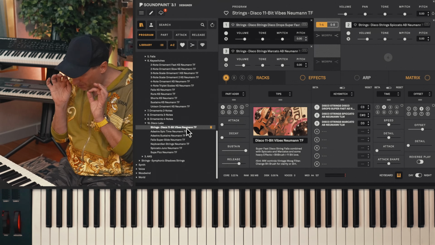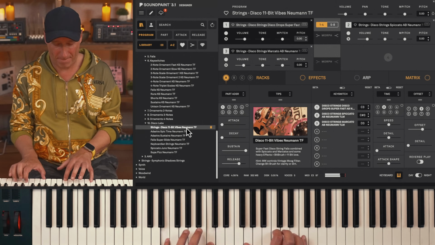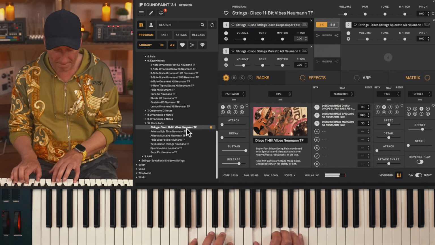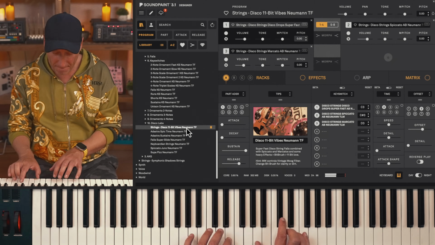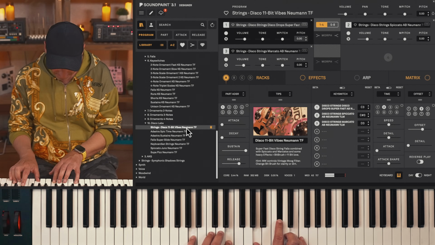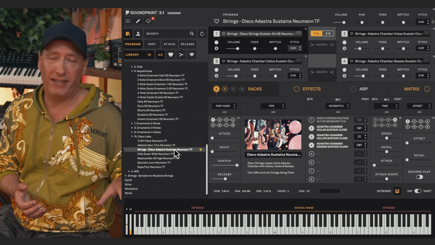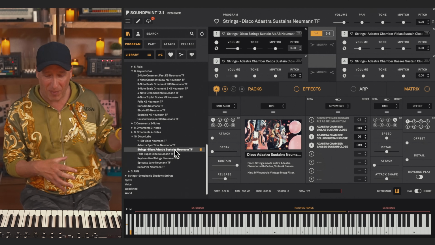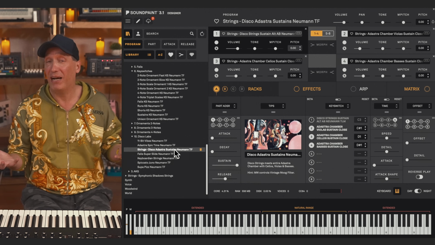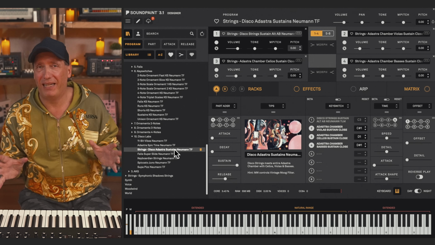There's just something about this particular bit rate that I liked. Now, for those of you who own our Adastra Chamber Strings, I also made a patch here combining the Disco Violins together with the cello, viola, and bass from our Adastra Chamber Strings, and they work surprisingly well together. Really a lot of brightness coming from the Disco Strings, but they fit perfectly in the hall.